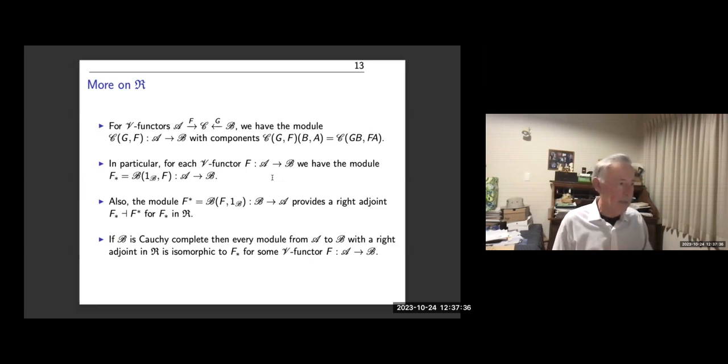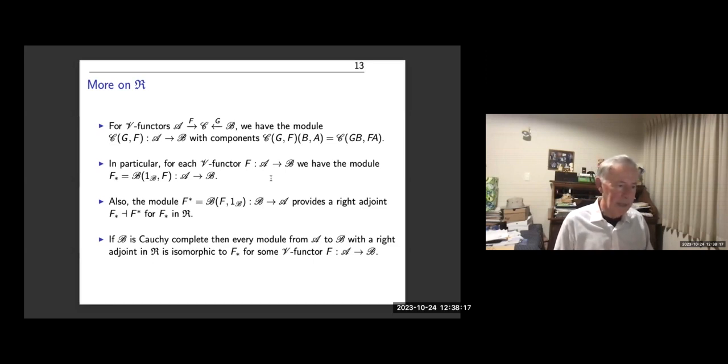So it makes sense to say that F lower star has F upper star as a right adjoint in R. And Lawvere had an interesting paper on metric spaces using that as a motivation for doing enriched category theory. And it turns out that this little fact is very close to Cauchy completeness. So if I was dealing with V being the real numbers or something instead of the category of R-modules,